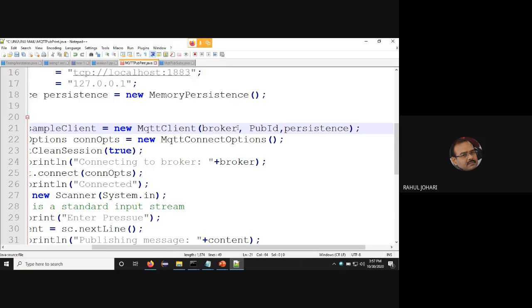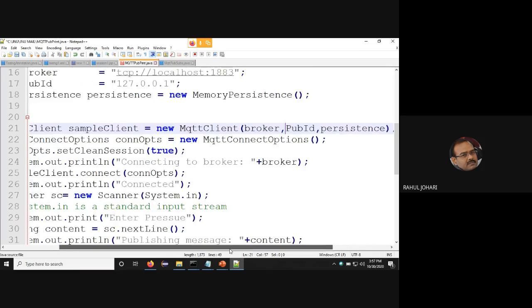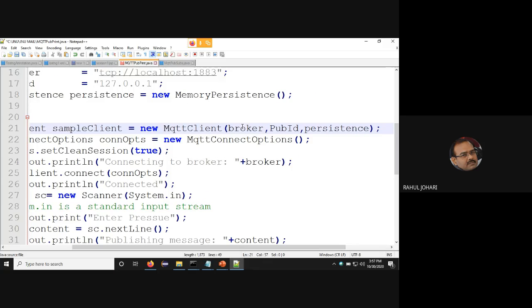That's better. So we make a call to the 3 argument constructor of the MqttClient class, pass the information about the broker, which we have already passed here, pass the publisher ID, and we pass the information about the persistence. Now persistence is saving the state of the object during the process of the transmission,